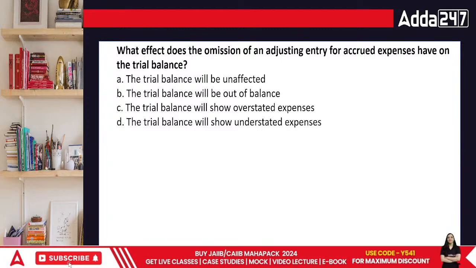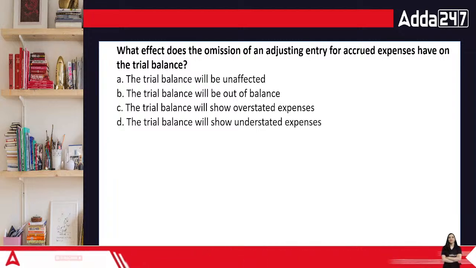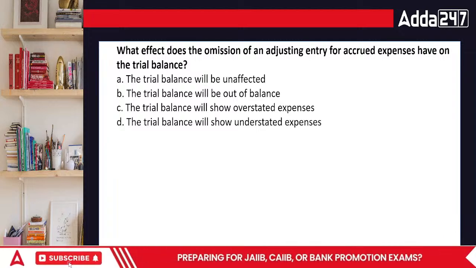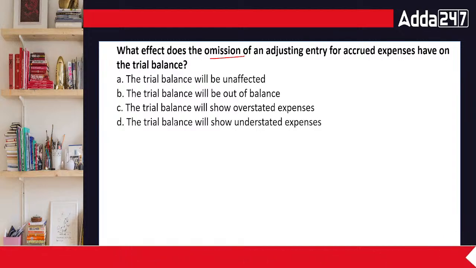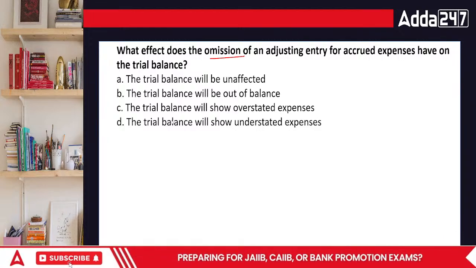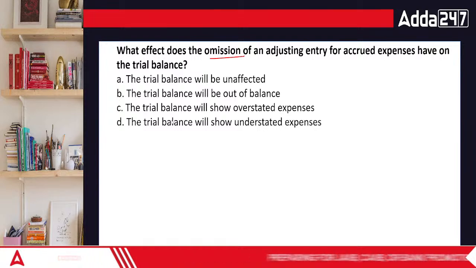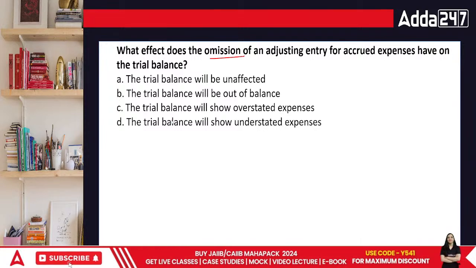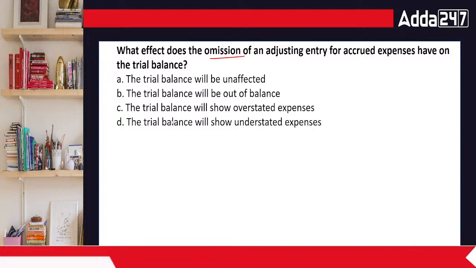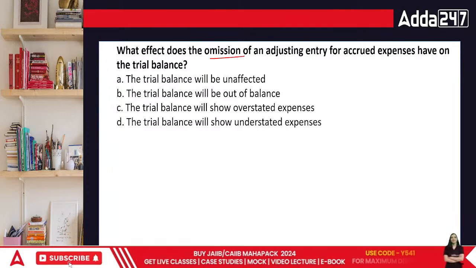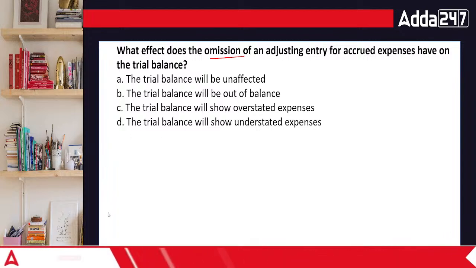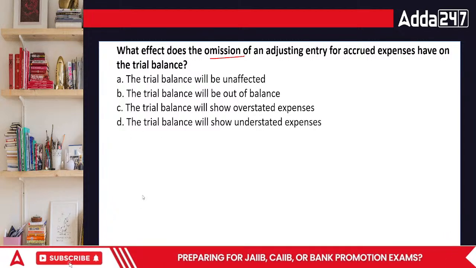What's going to be the correct answer? When we talk about the specific area of omission, omission means you forgot about it altogether. So when you forget about it, what will happen? We have just talked about it. If you know about the transaction, then things are easier. But if you don't know about the transaction at all, what will you do? Will you be able to find a good solution for it? It is difficult, because you cannot trace something when you don't know its origin. So what do you do in this case?